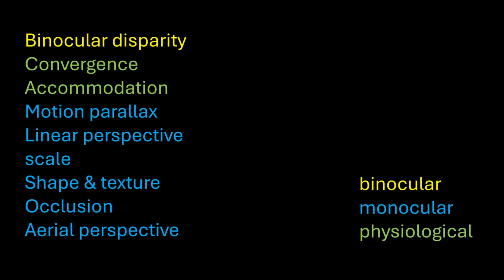Those cues are transmitted from our eyes into our brains, and our brain recreates a 3D representation from this 2D image that is brought in by our vision system. Those visual cues can be segmented into three major groups. The first group is